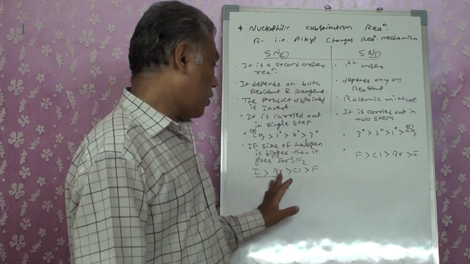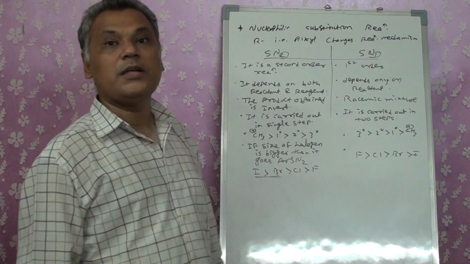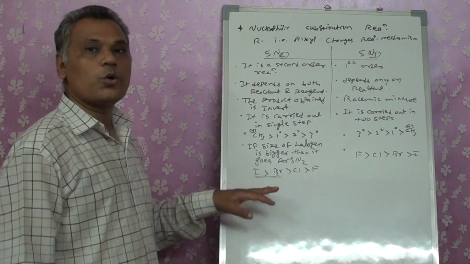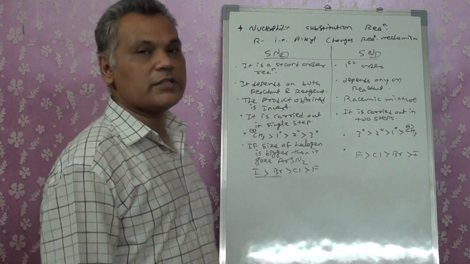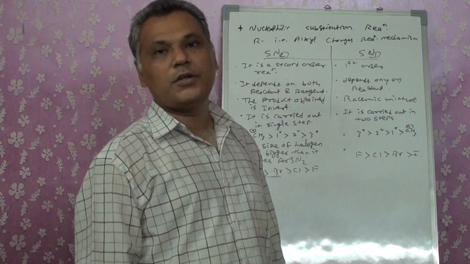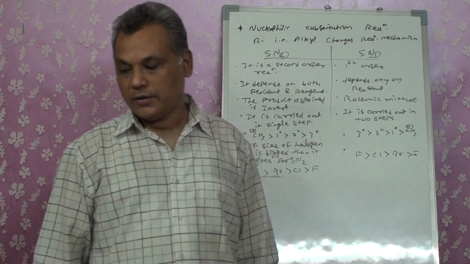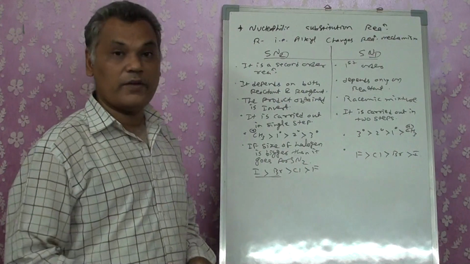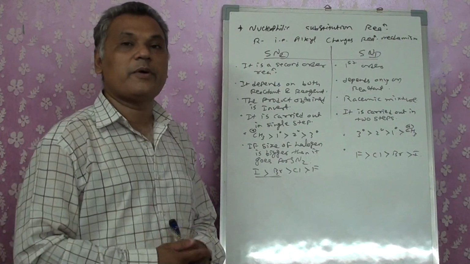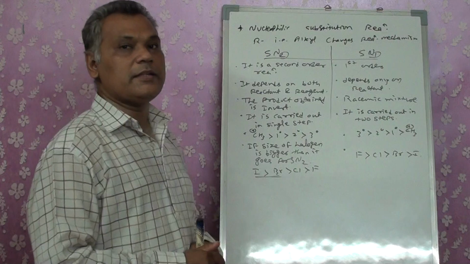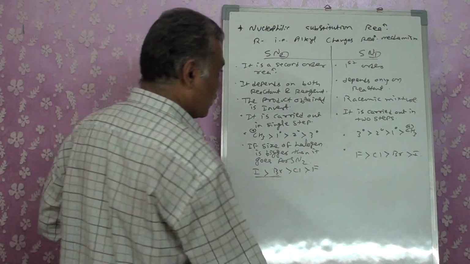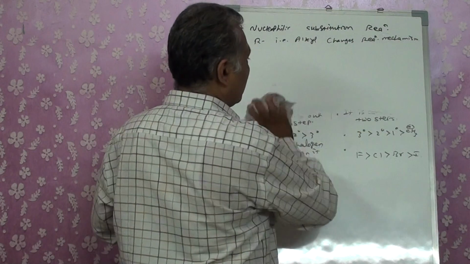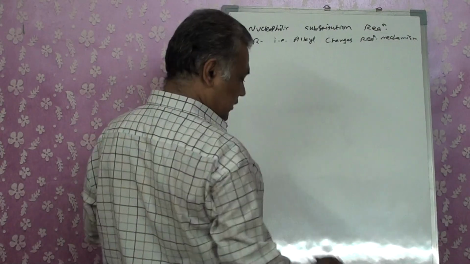So the order also depends upon the size also. Bigger the size of the halogen goes for SN2. Smaller the size of the halogen goes for SN1, right? So these are the differences for SN2, SN1 that we are having. Now let us understand one by one both of these mechanisms, what is SN1 and what is SN2. First of all, we'll go for SN2, right? It's carried out in a single step.